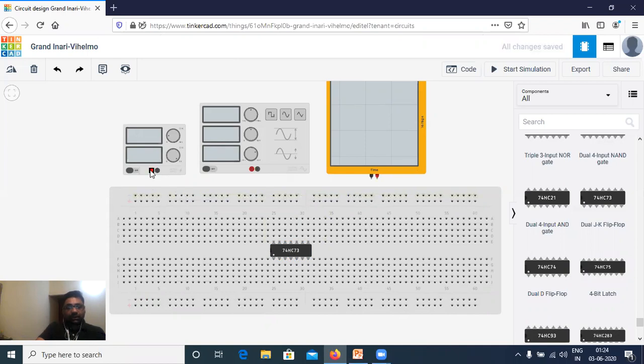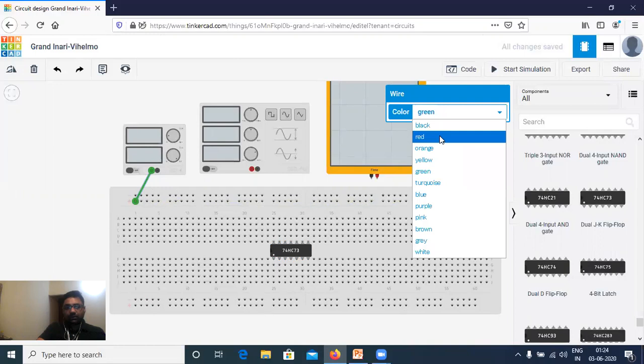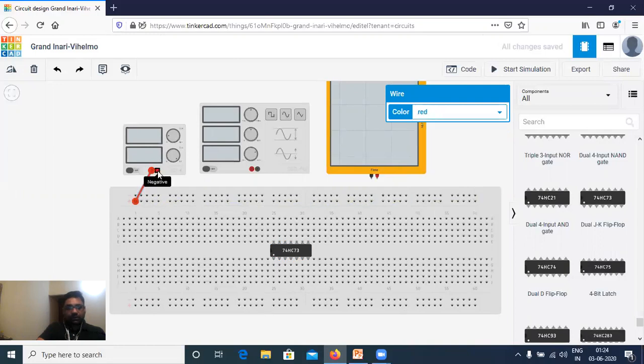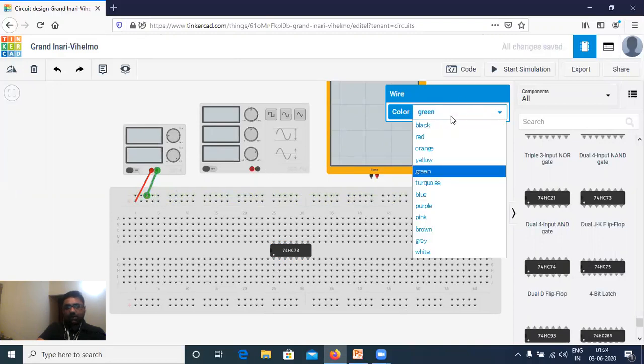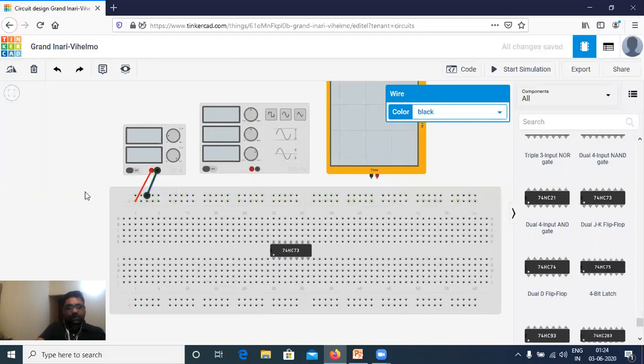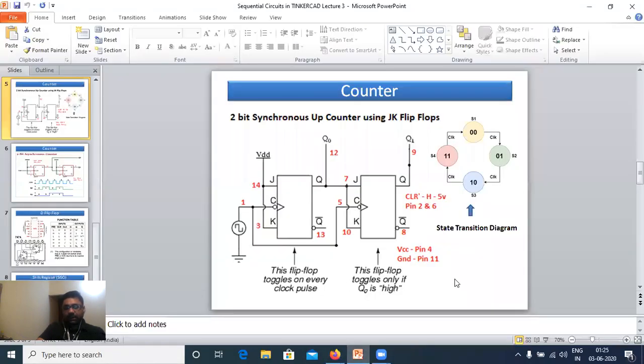Then I will do the connections. This is power supply VCC, color coded red. This is my ground, color coded black. So I have connected the power supply to the breadboard. Then, I told you about the power supply: VCC should be pin number 4, ground should be 11.